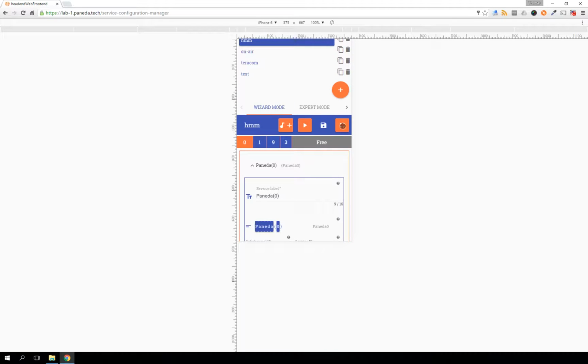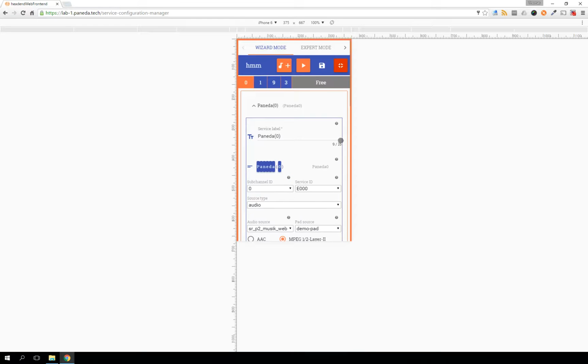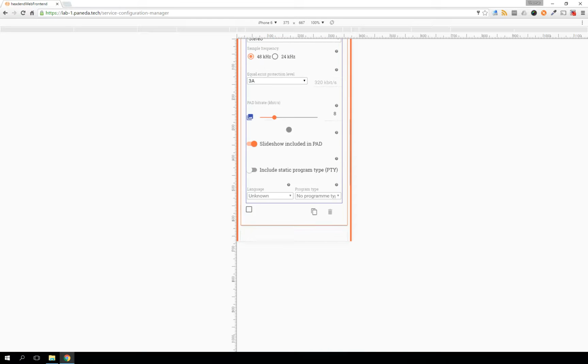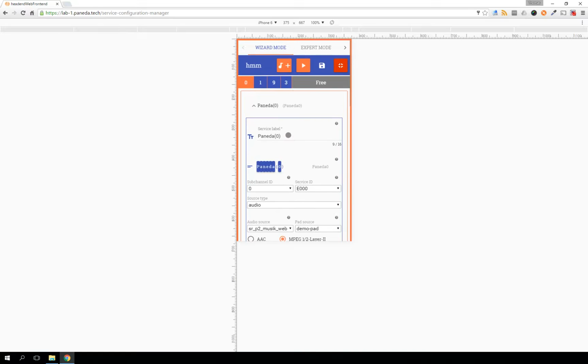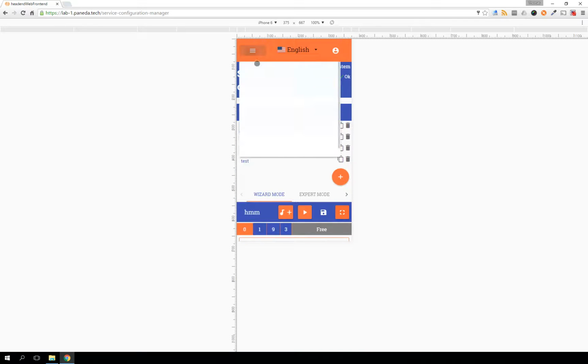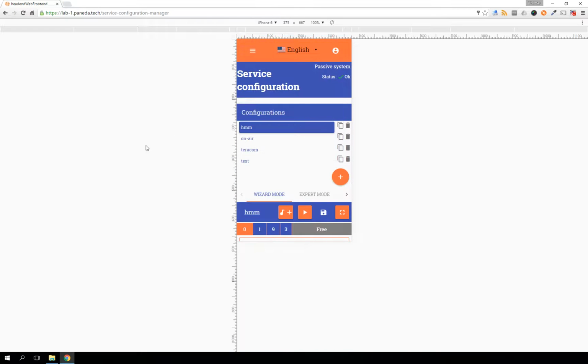We also have this full screen mode here. You can click on that one, and the menu and everything is removed, so this makes it even a little bit easier to use on the mobile. And disable full screen mode when you want to navigate to another page. Let me go back to the